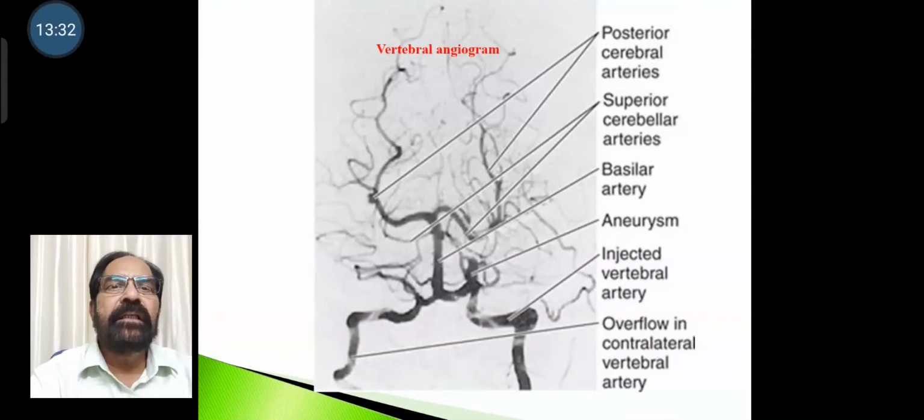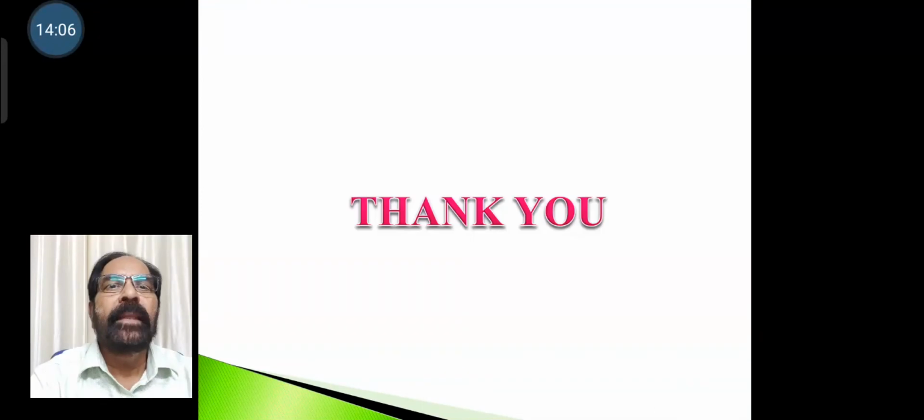And this is a picture, and in carotid angiogram or the vertebral angiogram, the vessels will be visible. So we get the picture, and here the example given is the vertebral angiogram. So you can see the vertebral arteries which are going towards the center of the brain and joining there to form the circle of Willis, and then getting distributed through cerebral arteries throughout the brain. Thank you.